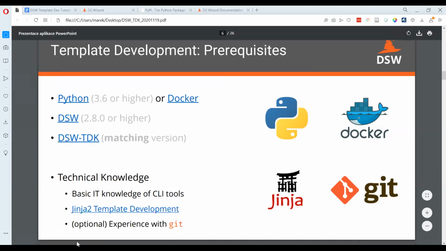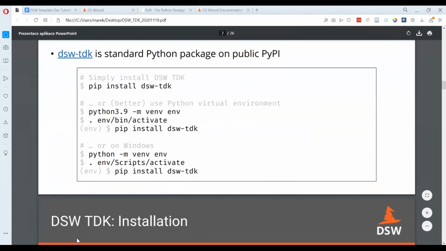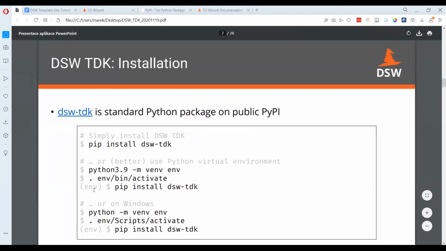Okay, so let's start with the installation. I will directly show it in my terminal. I will start with a virtual environment. I'm not sure if you know about it, but it's like a sandbox for Python applications. So you can create a virtual environment and install things into this environment, and it won't affect any system-wide configuration or packages. So I will activate it in my terminal,